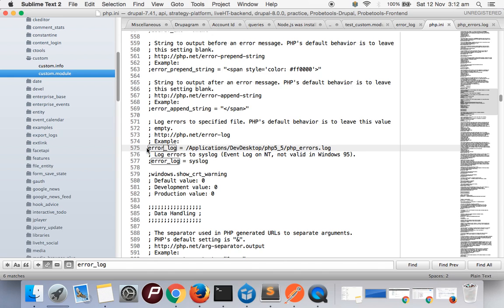This is the reference for Mac. So what you need to do is provide the path here. Previously it will look like this, disabled. Then you need to enable this one and provide the complete path of the PHP error log file. After that,